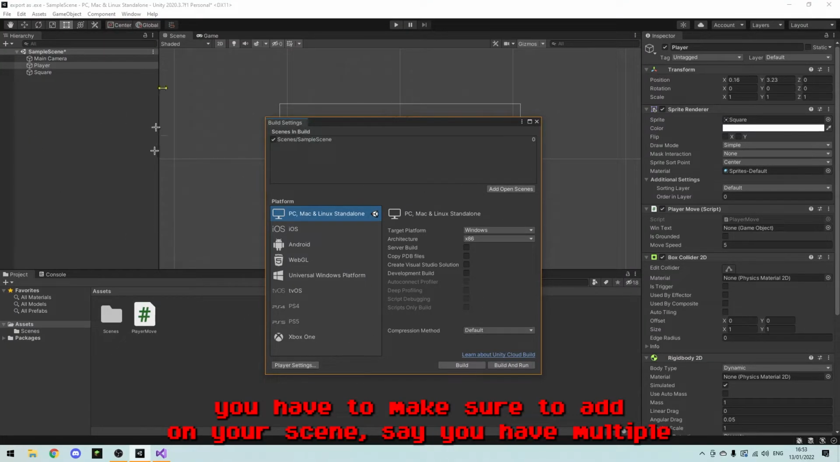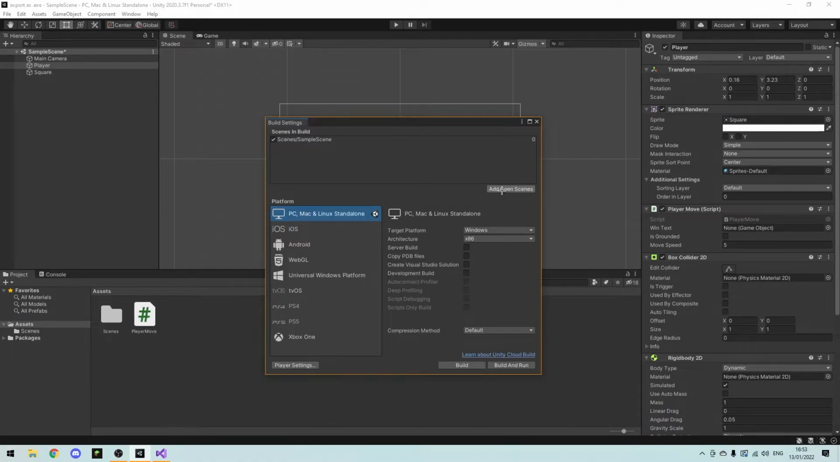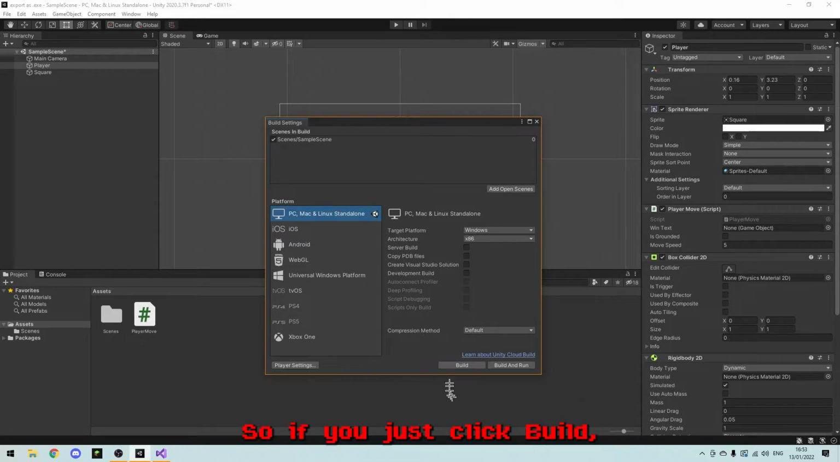You have to make sure to add all your scenes. Say you have multiple scenes, you have to go onto that scene, open this and click Add Open Scenes. But anyway, you should be automatically set to build for PC, Mac and Linux Standalone. So if you just click Build,